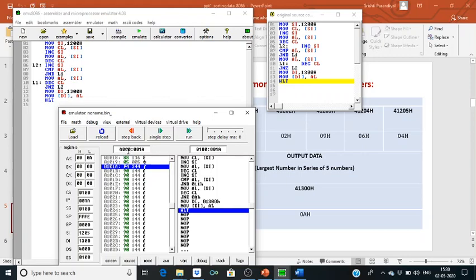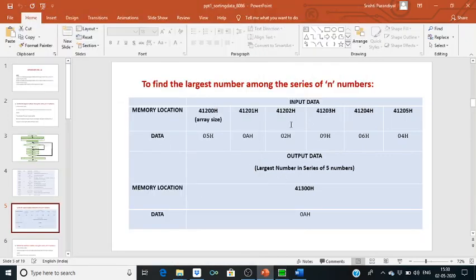this is our data segment value, and effective address is 13, right? So at this value you can see the largest number is 0a. The largest number among all these numbers is 0a. So in this way we have performed our program for finding the largest number among a series of n